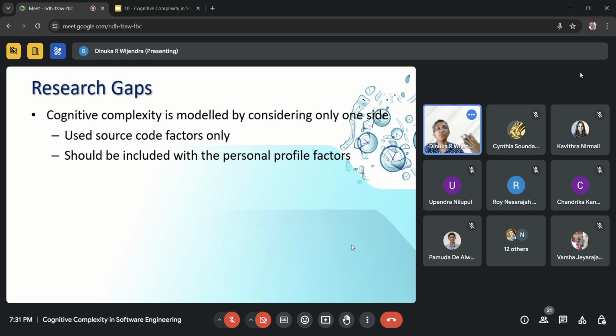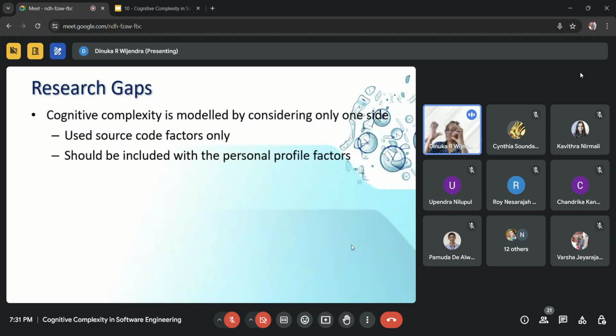If you can remember what I explained in the literature review, I thought the personal factor is totally removed, so that we can standardize cognitive complexity either in a metric way or in a computational way. They have used only the source code factor, but what I thought was it should be the source code factor plus the personal aspect as well.